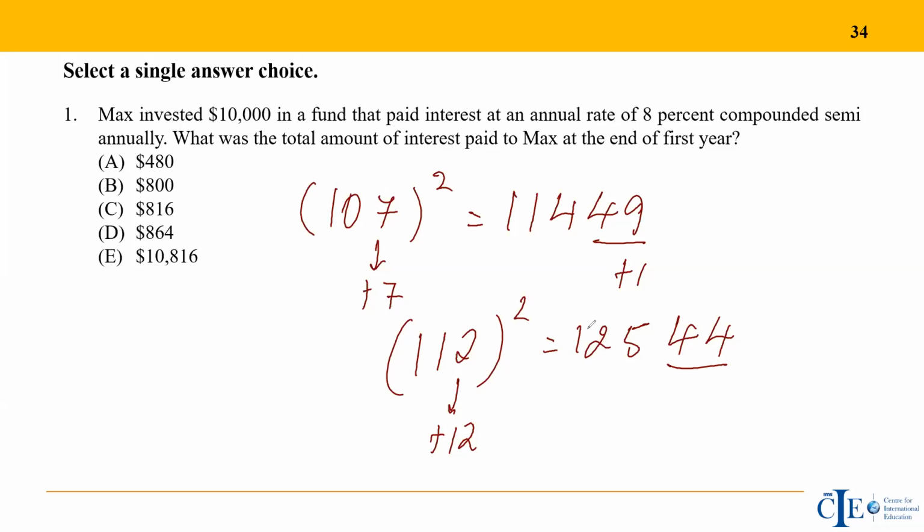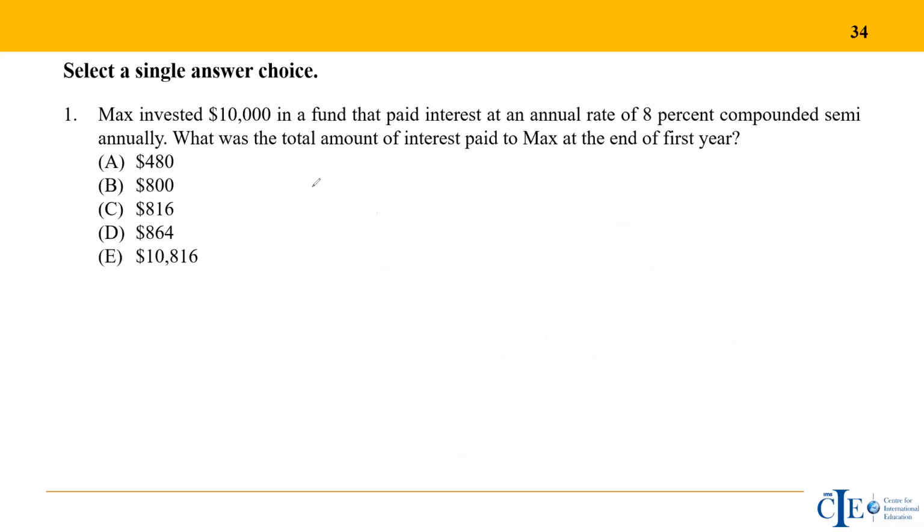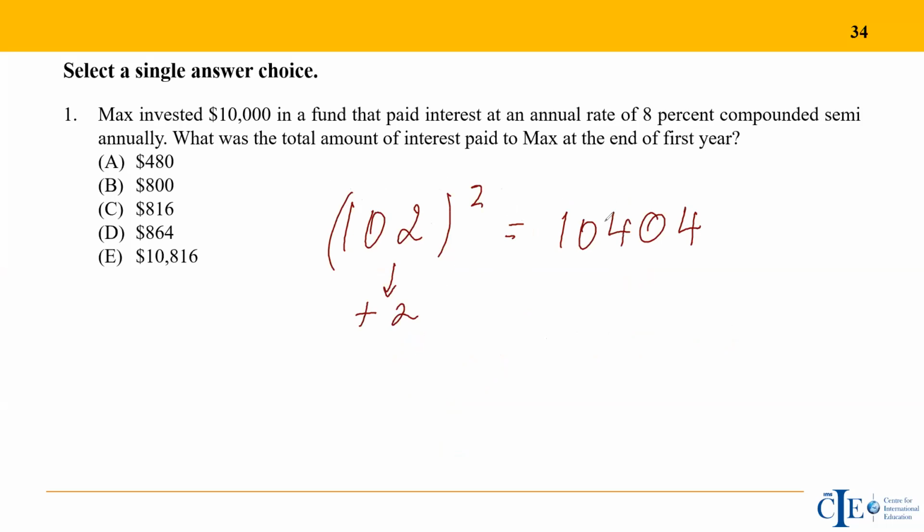So here you need to be careful again when you're dealing with, let's say, a square of 101, 102, and 103, where the difference is a single digit value, which is +1, +2, +3, whose square is also a single digit. Let's say it's +2. So 2 square is 4, so hence 04. So 102 plus 2, which is 104, giving 10404. So you get this as 10404 as a square. That's the only thing that you need to be careful about.